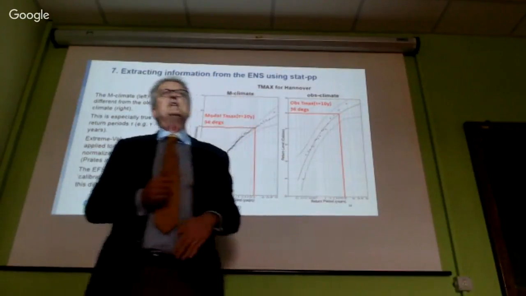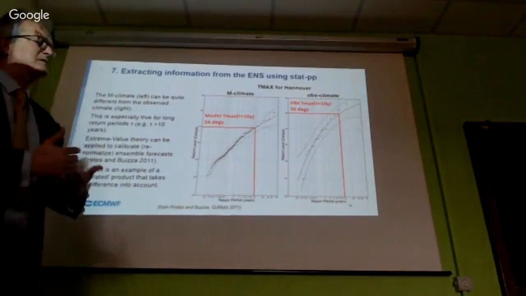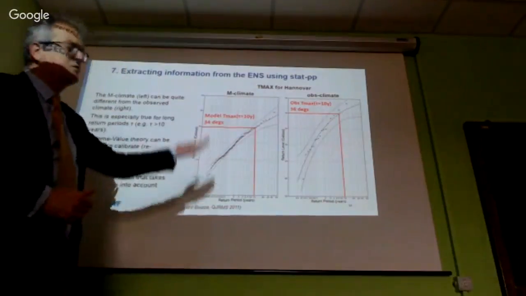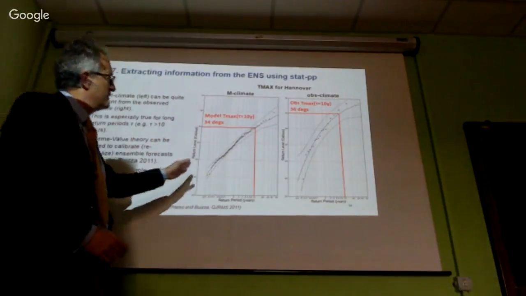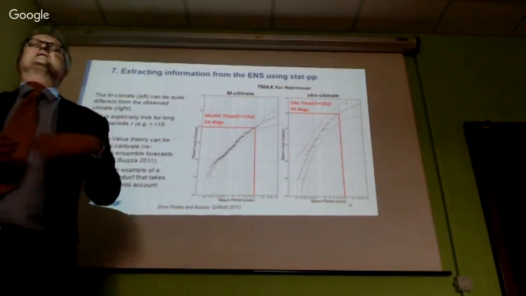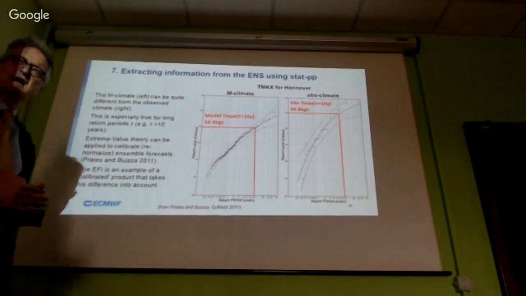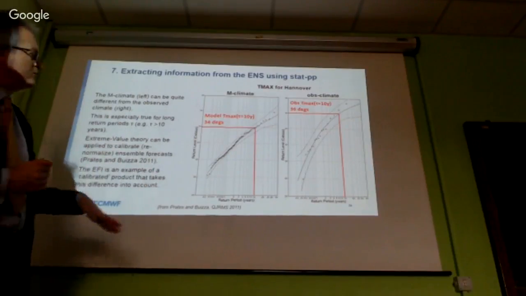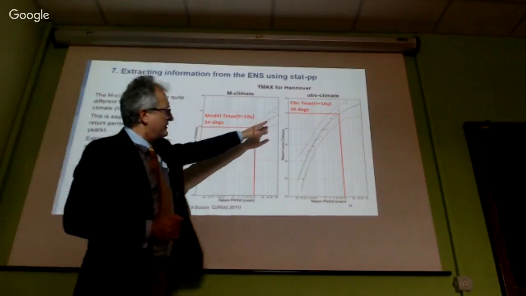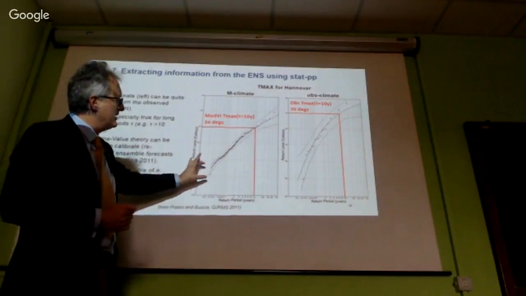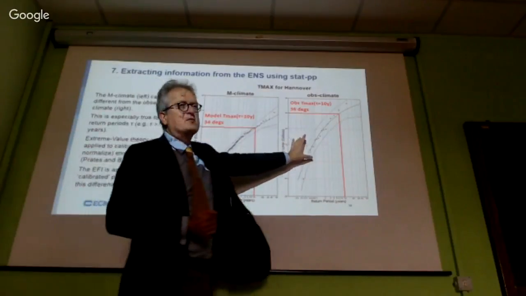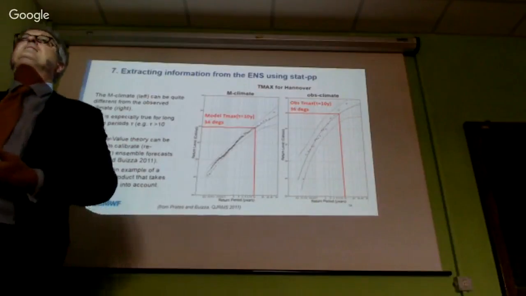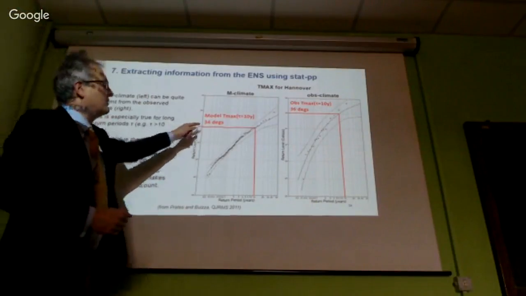If we look at the 10-year return period, the observed maximum temperature in Hanover was about 36 degrees. Then we took exactly the same 20-year period for which we had a lot more ensemble forecasts, because we had reforecasts, about 10 times more. Again, we fitted our extreme value curve, and the uncertainty is less than for the observations because we have more points. Then you look at the 10-year return period in the model climate, and you see that it's only 34